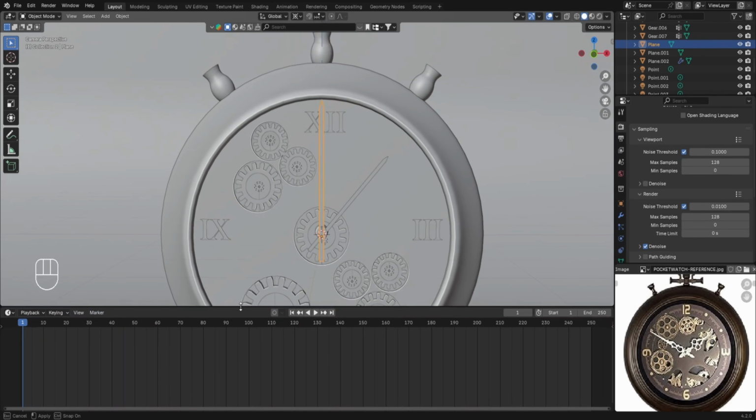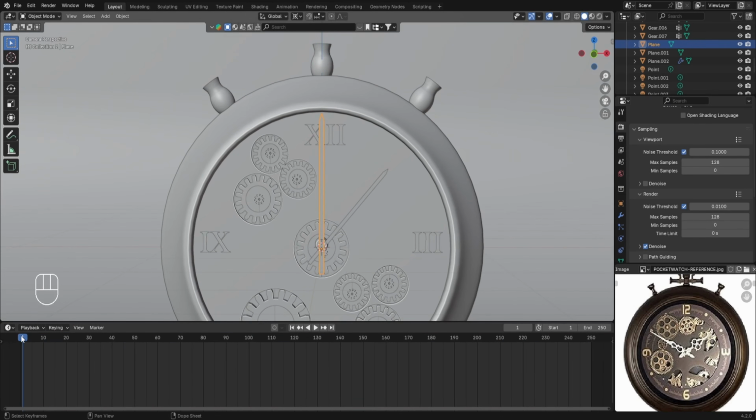Now in this timeline editor, we have these numbers which are basically the frames of an animation. And for those of you who don't know, 1 second of animation can consist of any number of frames, but in general, we normally see the animations of 24 frames per second or 30 frames per second. So in this particular case, we'll be creating an animation of 24 frames per second,